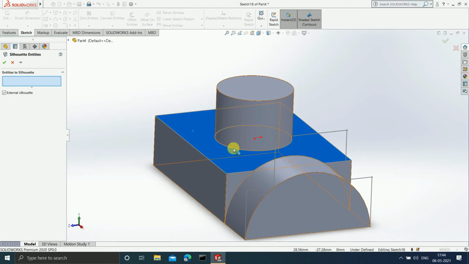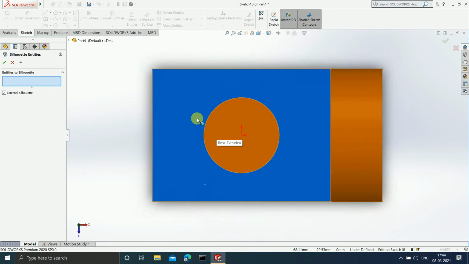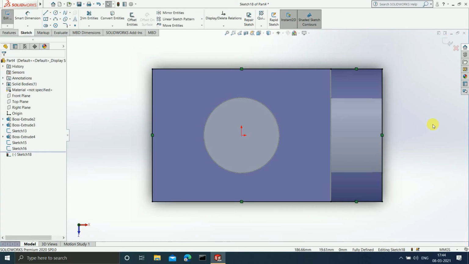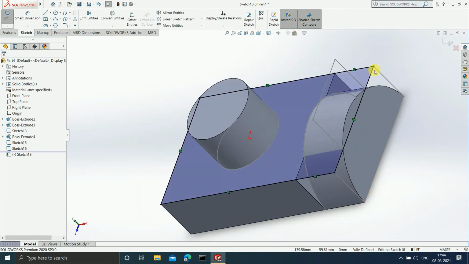If I press Ctrl 8 so that the sketch is normal to our line of vision, it is asking us to select the entities that I want to silhouette. From the top view, I am going to see only a rectangle, because the outline is nothing but the shape of a rectangle. As soon as I click on OK, you can see I am getting a rectangle, this black solid line.